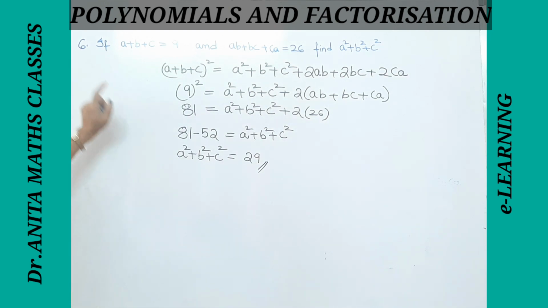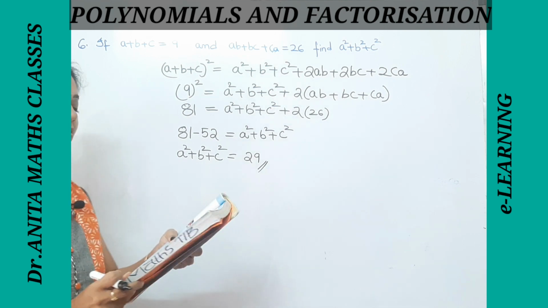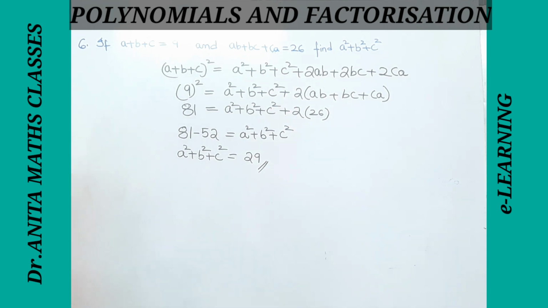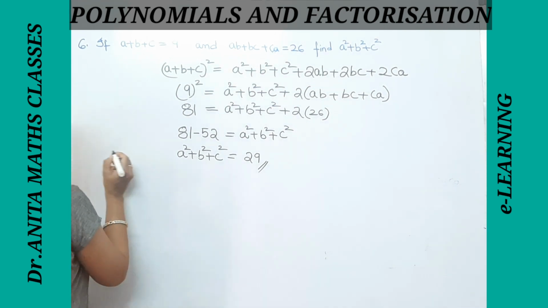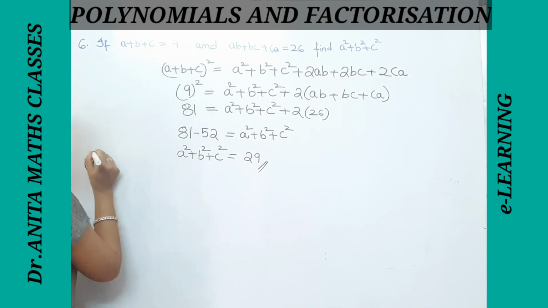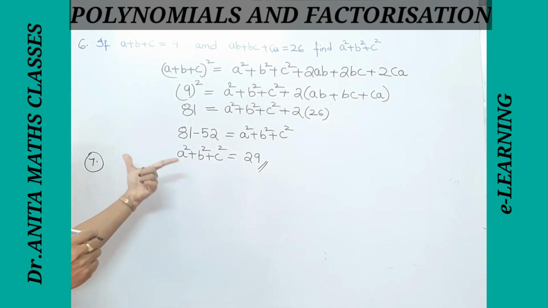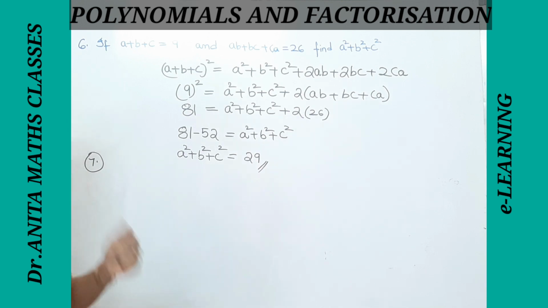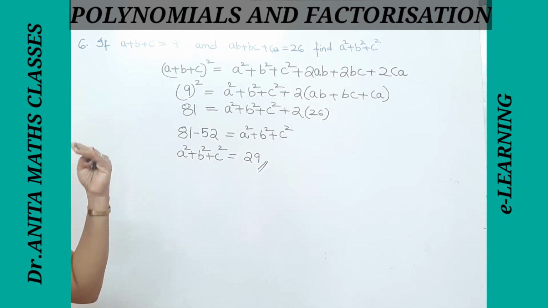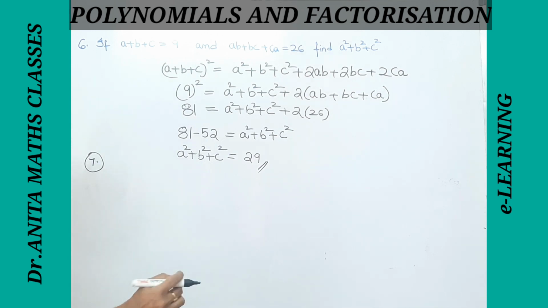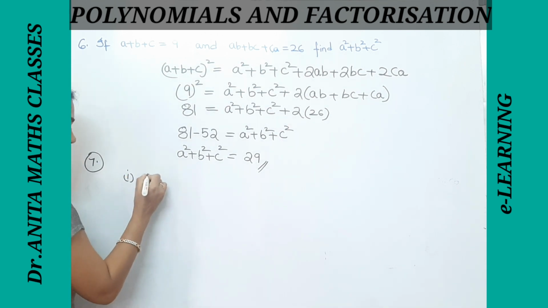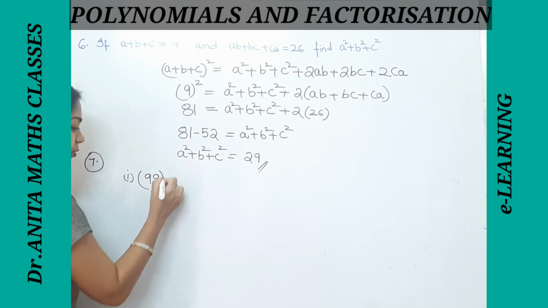Now, this is the sixth problem. Let's see the seventh problem in the textbook. Evaluate the following using suitable identities. If you remember, we have seen questions like this in the same exercise, in the second question. The second question is: evaluate the following using suitable identities. In that there are squares; here they are just given as cubes. Now in this, the first problem, I'll note it down: 99 whole cube.